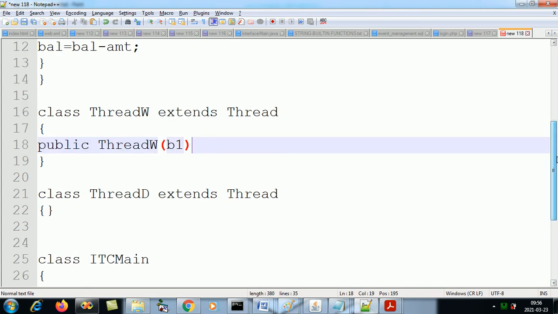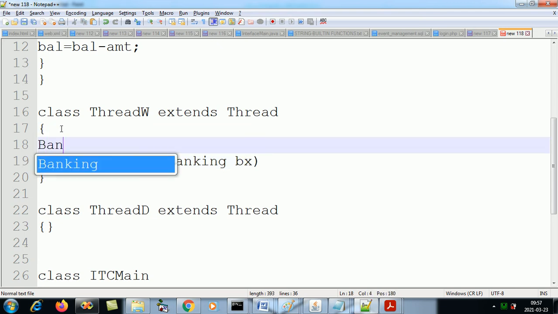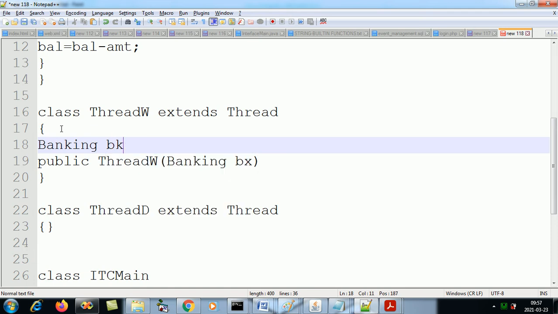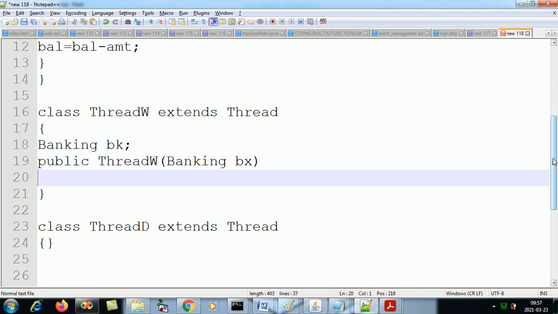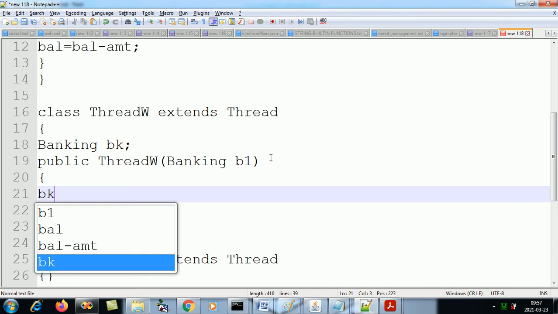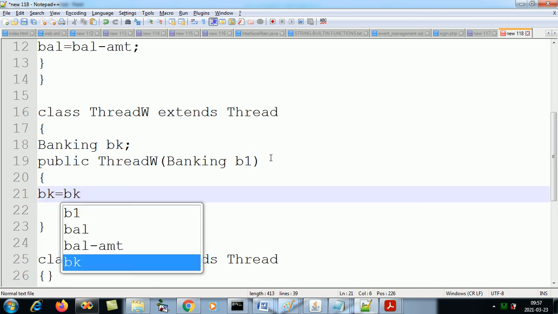So I will take an object of type banking, and let's take it as BX. And so here I need a banking object in which I will store that. Okay, let's take it as banking object BK, and this B1, let's keep it B1 only, let's not confuse, and this B1 will go where? In BK. Is this understood so far? Perfect.